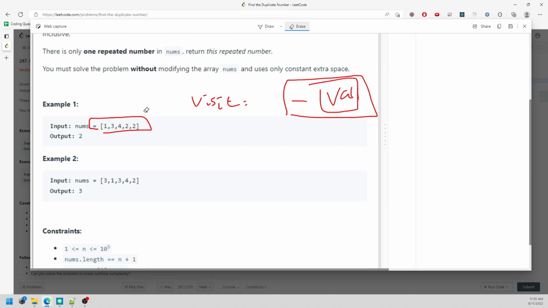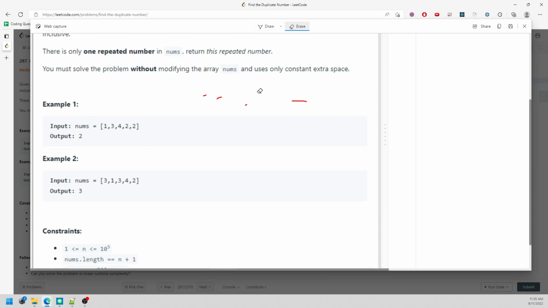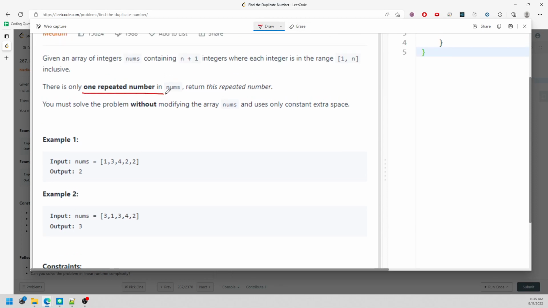The second solution is going to be using the linked list method, the fast and slow pointer. If you don't understand how to find a repeated number in a linked list, you can just go on Google to find out how to use a slow and fast pointer to solve it. And basically, slow is moving